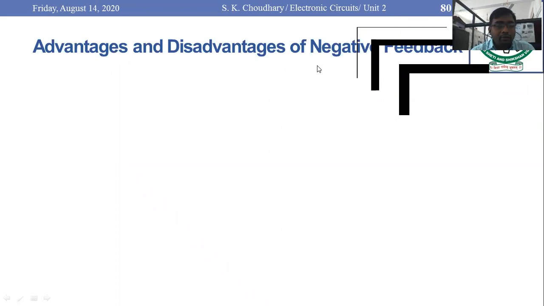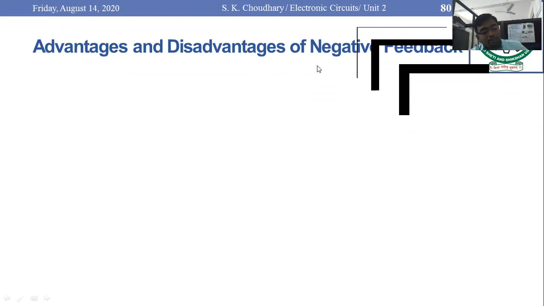But if you see the other type of feedback, that is negative feedback. How do you identify a negative feedback? If the net effect of feedback is to reduce the magnitude of the input signal, this is called negative feedback. That means here your input signal and feedback signal are 180 degrees out of phase.